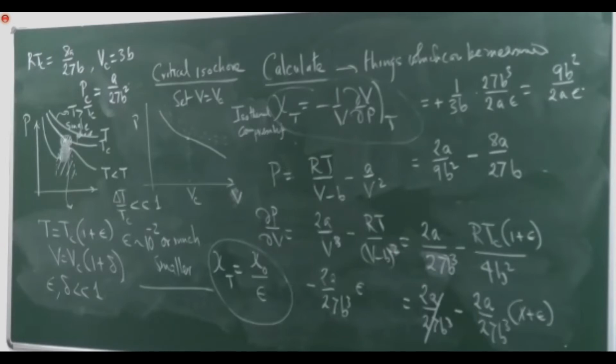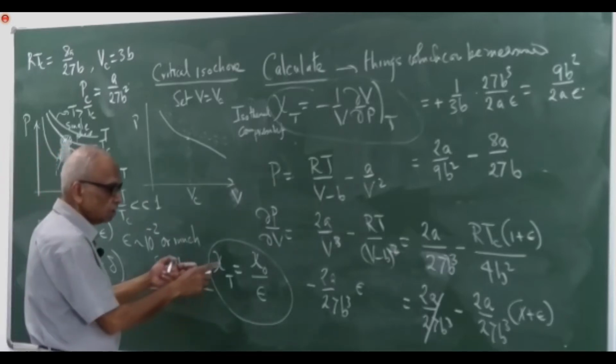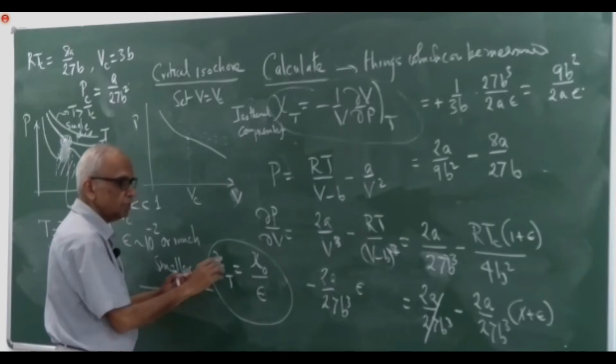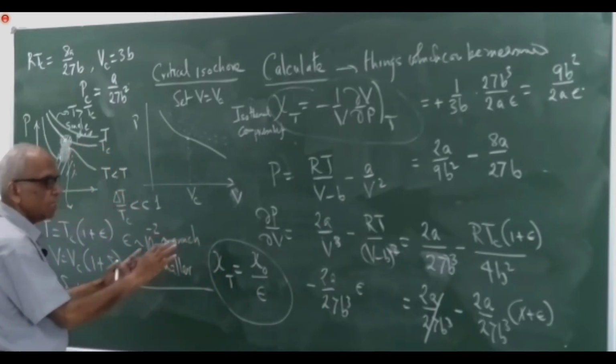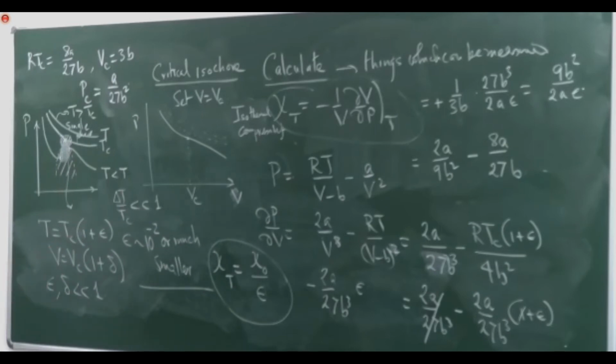But the primary feature would be that for small epsilon, this would always be the answer. The calculation from any equation of state, if I do it from a given equation of state which does not look at local fluctuations, you simply look at the question of